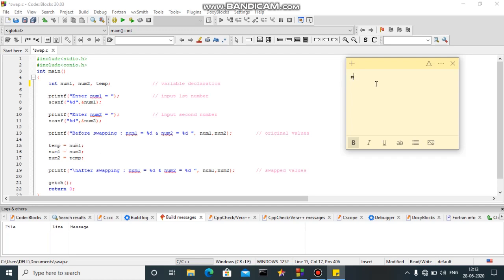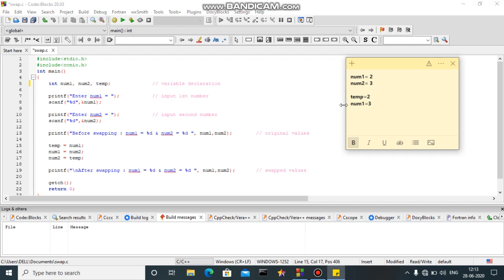Suppose our num1 is equal to 2 and our num2 is equal to 3. Now I'm assigning the value of temp is equal to 2, that is num1. Then we'll assign the value of num1 is equal to num2, and value of num1 is equal to 3.